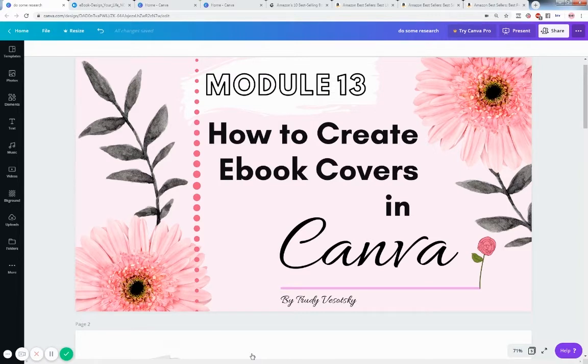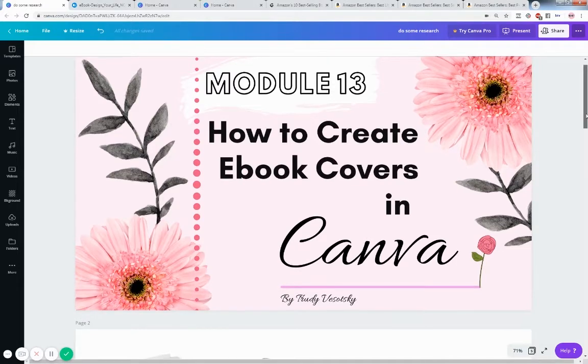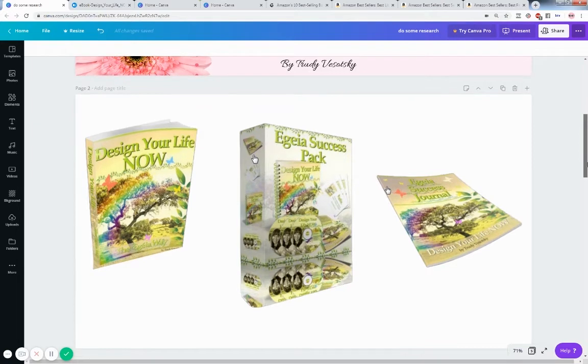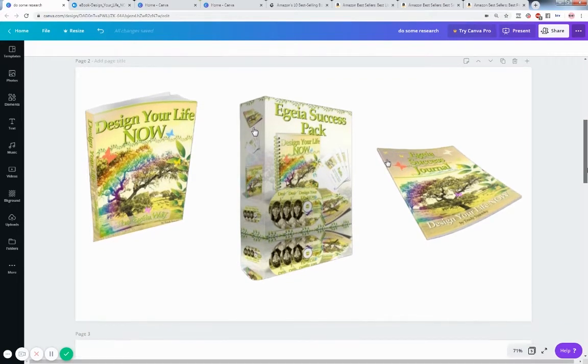Now, sometimes it sounds like a really easy task to do. People just go and use the templates and bang, that's it. But it can be a little bit more technical than that. And the reason I know is because I spent a lot of time about 10 years ago. I published my first physical book, which is a 200-page book, in 2010, and